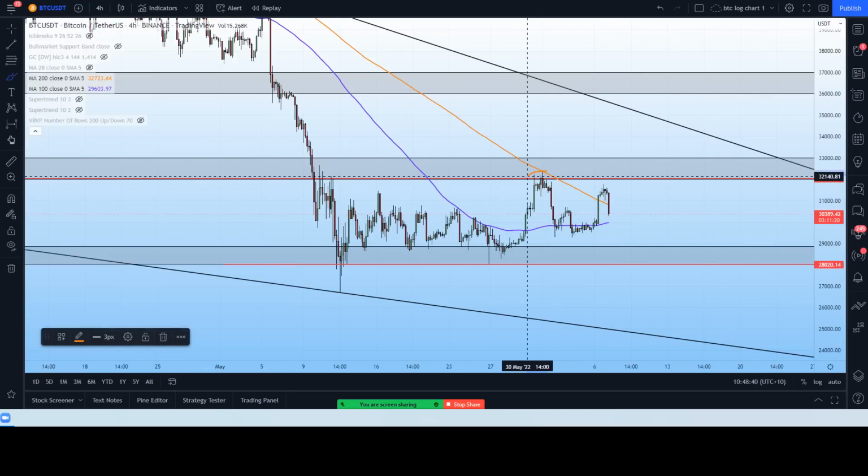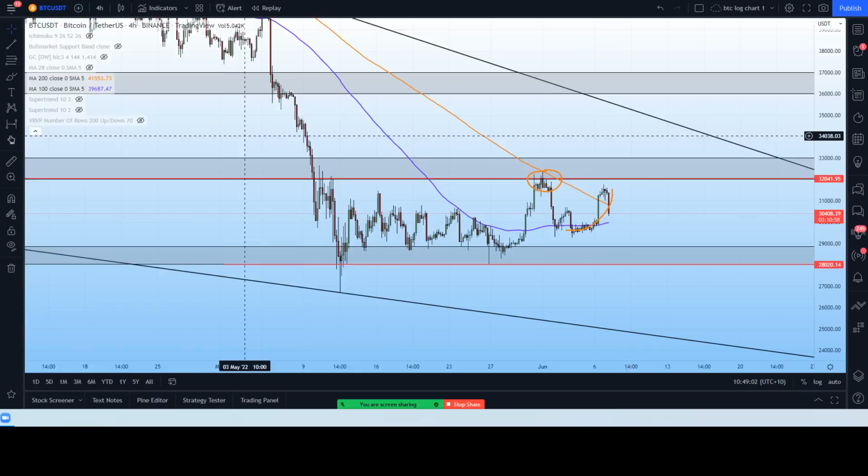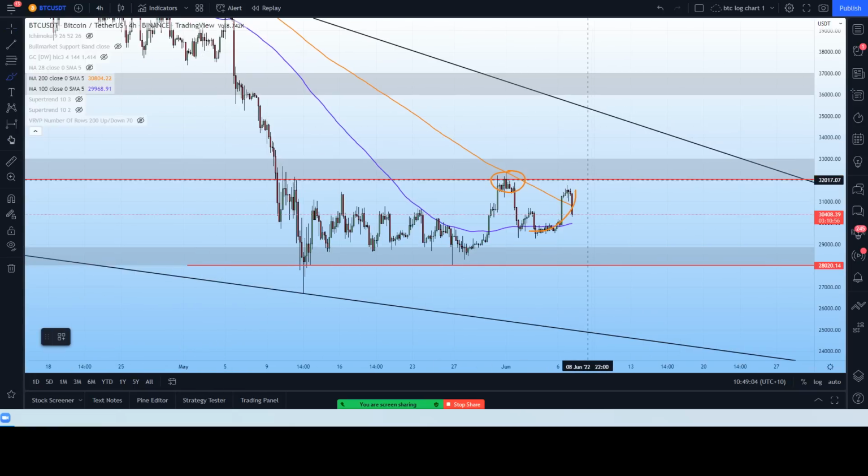So we can see over here we have that $32,000 trigger. And on my channel, all my followers would know I've talked a lot about $32,000 as a trigger line in the last few weeks. We got rejected from the $32,000 trigger, pushed downwards, found support along this area over here, and we've had a second attempt upwards, but not really making any headway into that $32,000 region. And I've said the entire time, until we break above 32K and daily close above 32K,